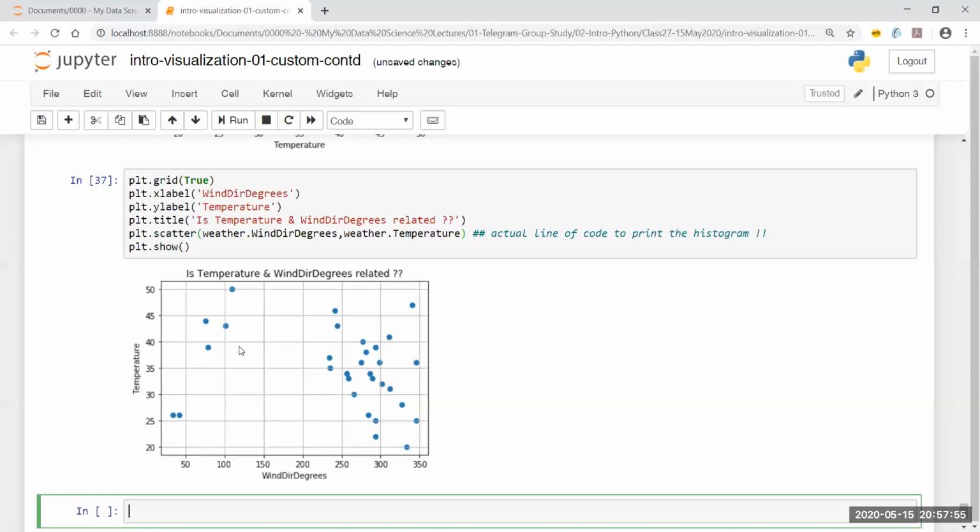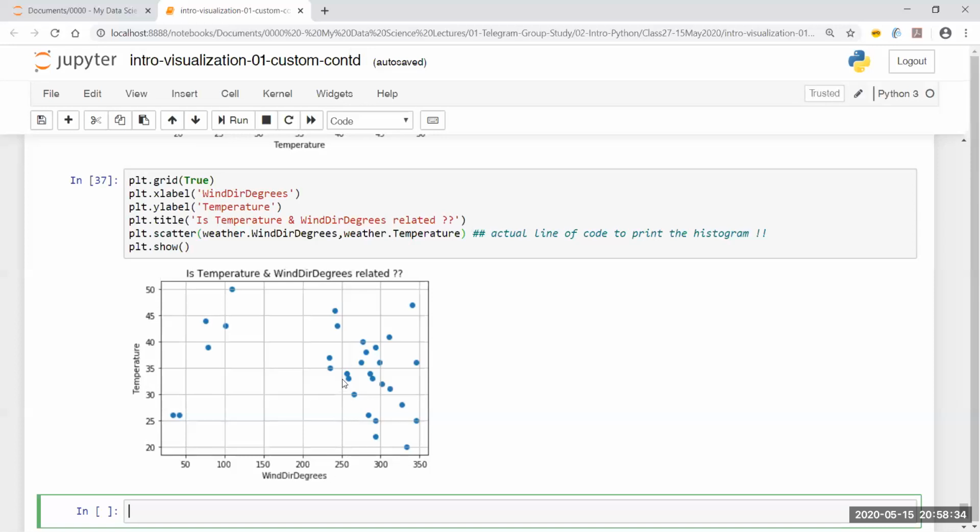So I can clearly understand these are going to be the outliers, because I've already seen the box plot of wind direction degrees. I understand there are outliers. But if I look at this area on the right hand side, I can clearly see the concentration of wind direction degrees is mostly between the range of 220 to 350, and within that range there is a very good spread of all the temperatures. So there is really no direct relationship between the wind direction degrees and the temperature, because all of the observed temperatures are almost equally spread within the range of the wind direction degree.